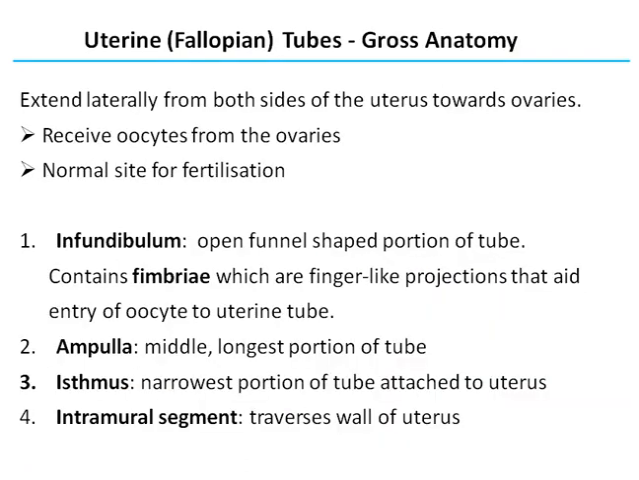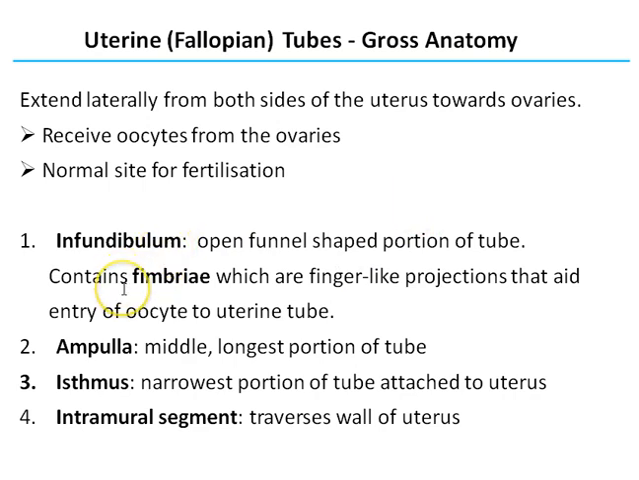Once an oocyte ovulates from the ovary, it moves to the next stage of the female reproductive system, which is the uterine or fallopian tubes. Now, it's normally in the uterine tubes that fertilization occurs, so that's where the oocyte meets up with the sperm, and that's where you get formation of the embryo. Here we've got some of the structures associated with the uterine or fallopian tubes. There's an open funnel-shaped portion adjacent to the ovaries we call the infundibulum, and if you look at